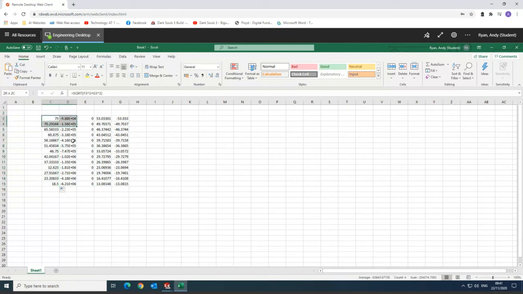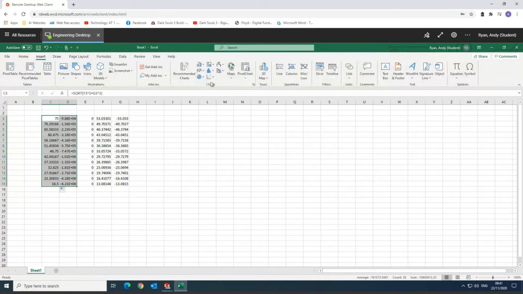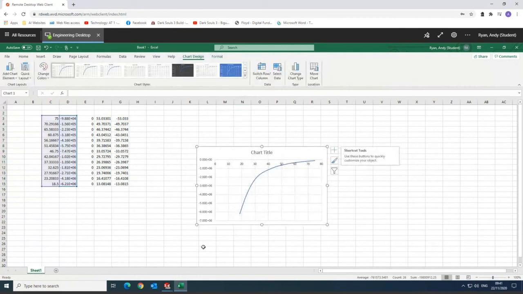Okay, so what we can then do is take that and insert a chart. Okay, because these are negative, they're compressive, and we get pretty much exactly what we're expecting to see for the radial stress. Okay,